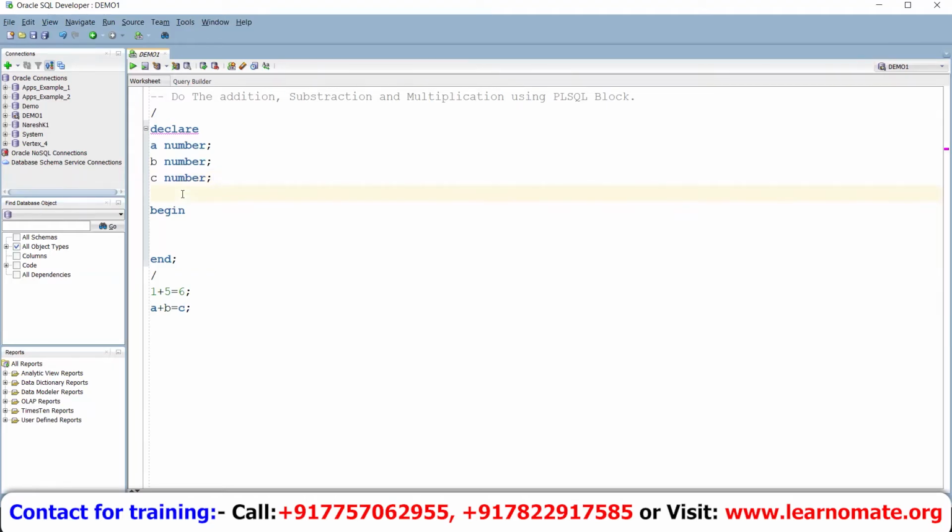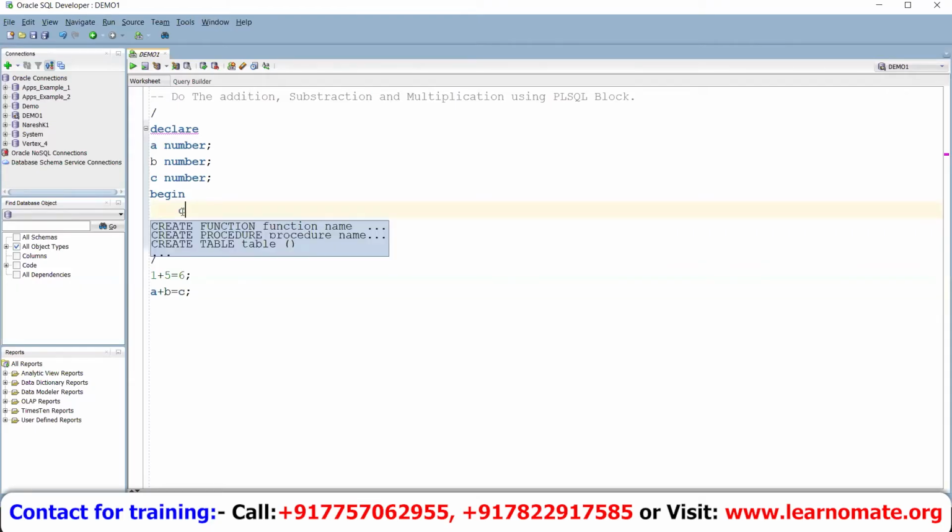Now what is the next step? The next step is using my formula. By this formula, I have to give the respective values. This is the formula, the main logic. The main logic is always written in the begin and end section. In this begin and end section, I will write C := A + B;